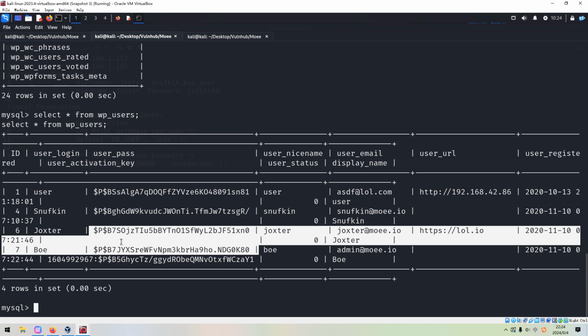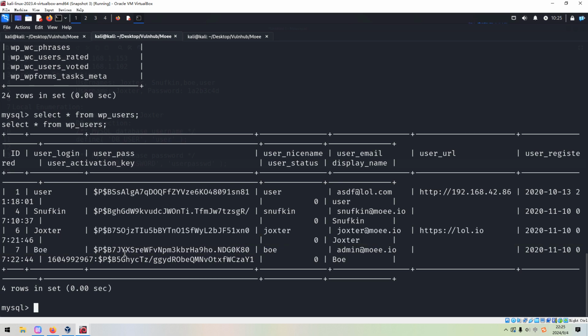However, when I saved this hash value data to a file and then used John the Ripper, it failed to crack it. And in this video, to save time, I will not do it this way. Okay, so nothing here.